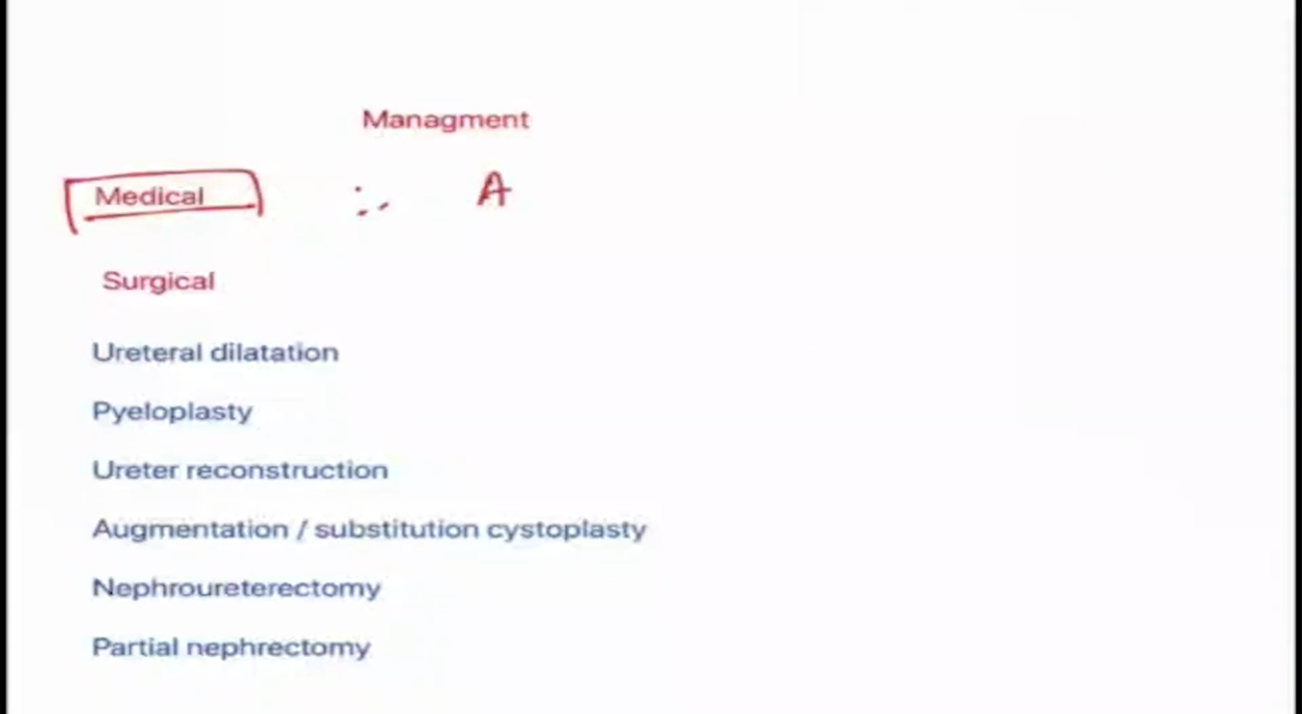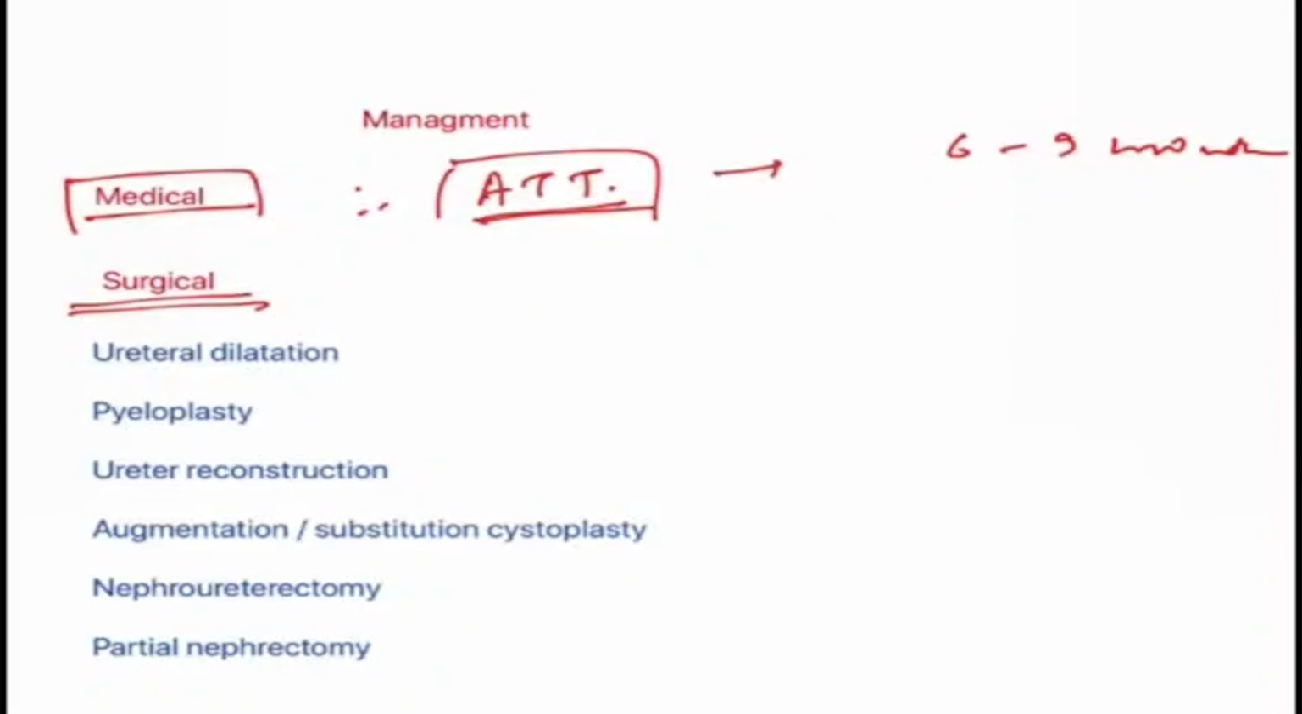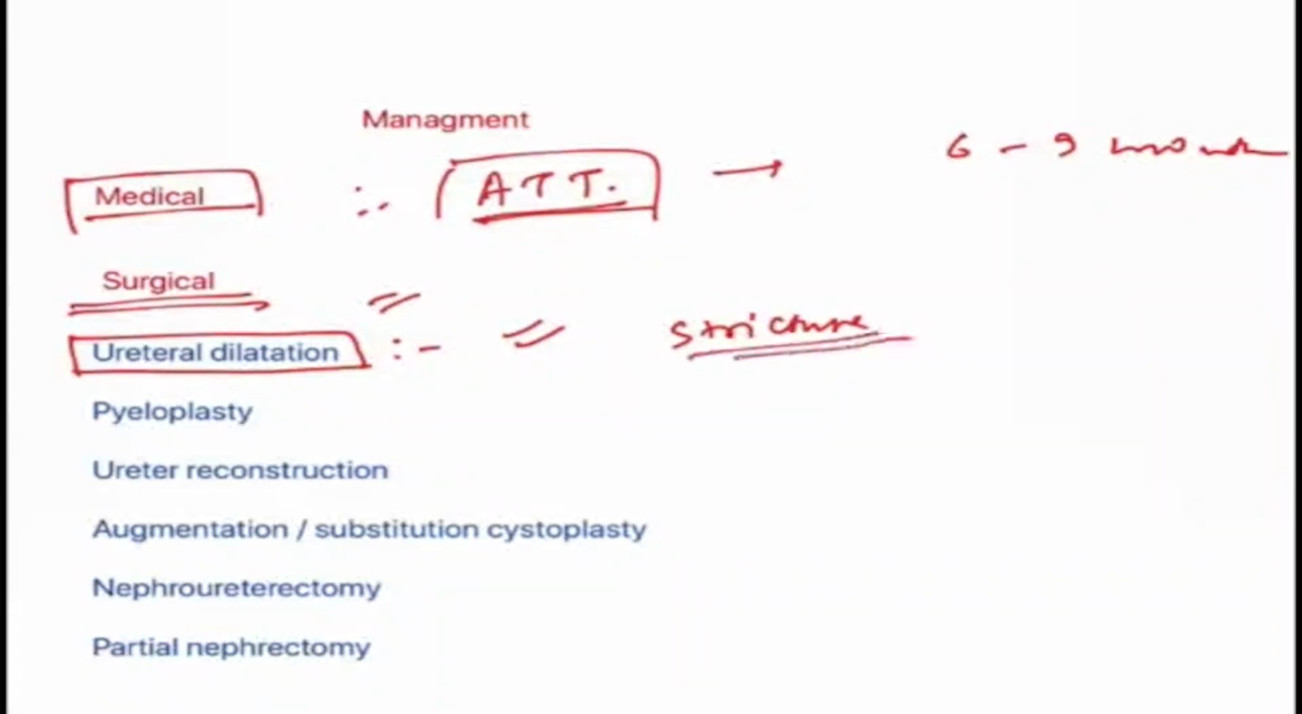Now coming to the management. First is the medical management, in which anti-tubercular treatment is given for the duration of 6 to 9 months. Coming to the surgical treatment, these depend upon the region which is involved and the symptoms. So ureteral dilatation can be done by endoscopic route, and the stricture which is present in the ureter can be dilated